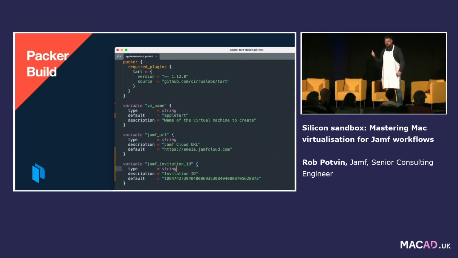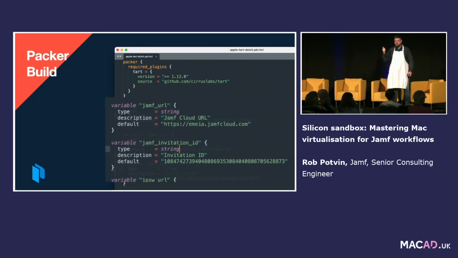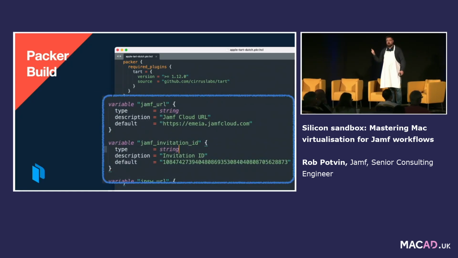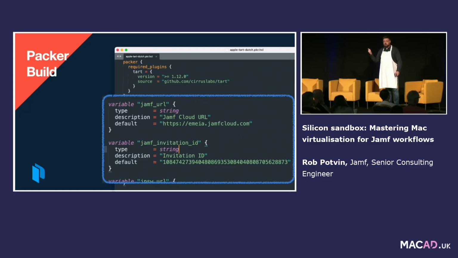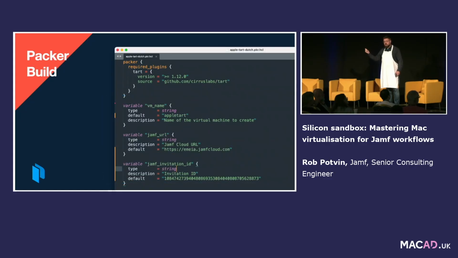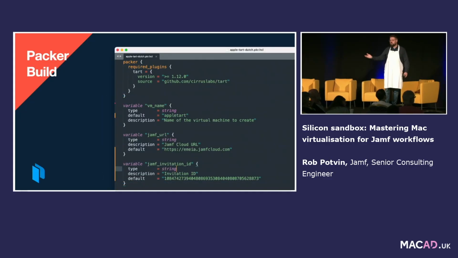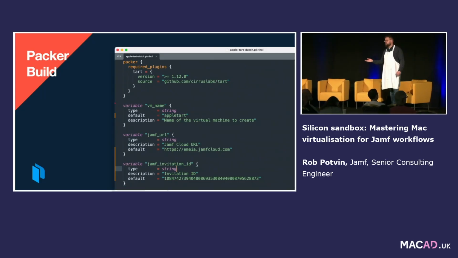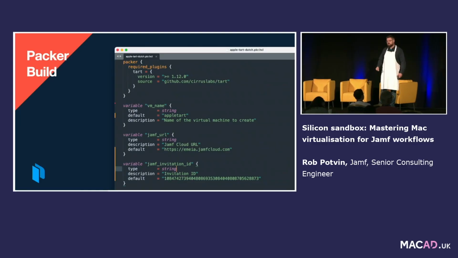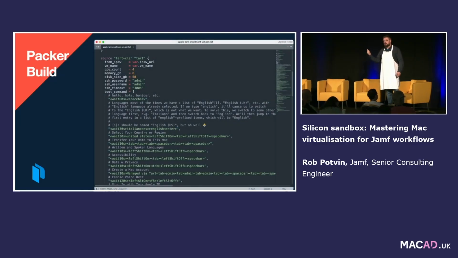And then last bit, I added some variables here, and that just means you don't have to go parsing through this file to figure out what you need to do. You just set these variables, the defaults here. And really what we're doing here, we put our Jamf Pro URL, and then we put our invitation ID, right? We just edit the defaults here. And then down below, you'll also see there's another one here, which is the name of the VM. And there's another variable here also, which is the path to the IPSW, which you could use HTTPS or a file path within your disk. Moving further down this Packer file, we'll see a bunch of other gobbledygook.